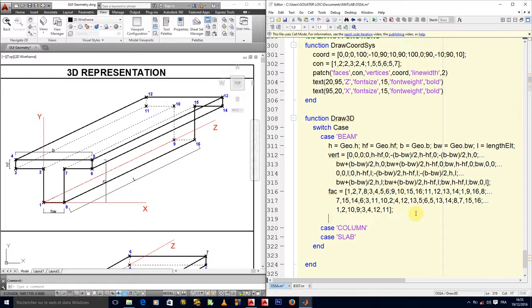So how do we make it do this? Well, we just use our function patch, which has the properties faces, to which we have to give the face variable, and vertices, to which we have to give the vert variable.